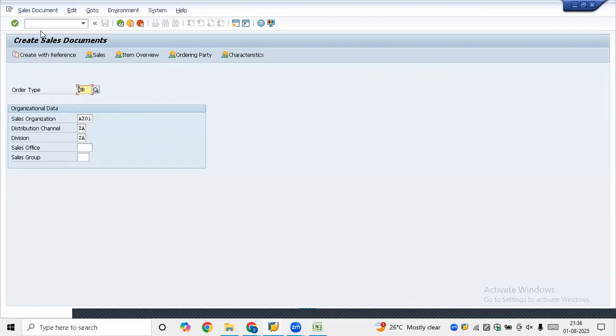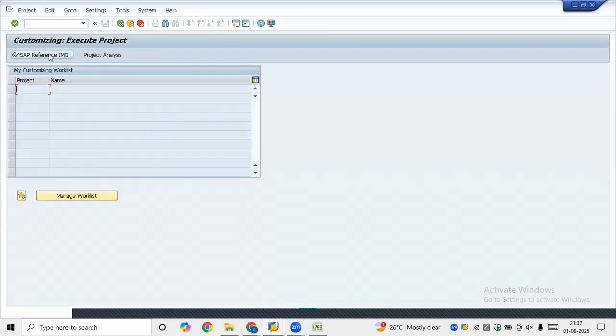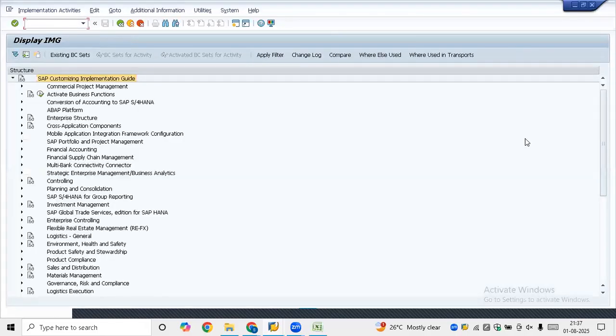Being an SD consultant, first you need to create a sales order. Now, while creating a sales order, you enter these three manually. So you guys already know what is sales order, what is distribution channel, what is division, right? This is a sales area. You enter these details. But also you enter the document type, OR, standard order. Now, in SPRO, I'll show from SPRO, although I know the T codes, I don't want to do that. You should know how to catch the fish, I should not feed the fish. So you should go here,